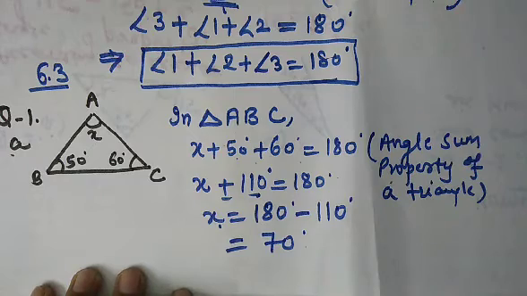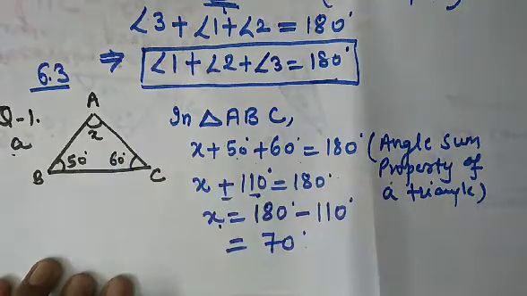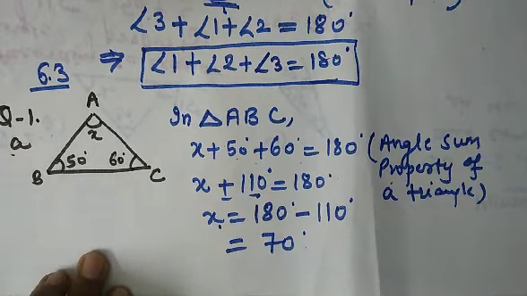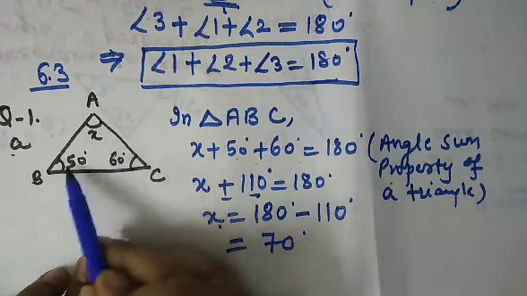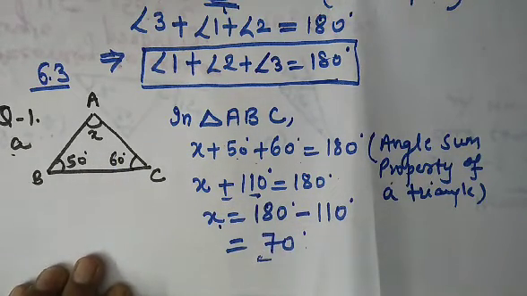Now we can also verify whether our answer is correct or not. If we sum up these 3 angles, the sum is always 180. For now we can say that for forming a triangle, the sum of angles of a triangle must be 180. The sum of angles of a triangle is 180 degrees. The sum should not be less than 180 or greater than 180. It is always equal to 180. So this is x.